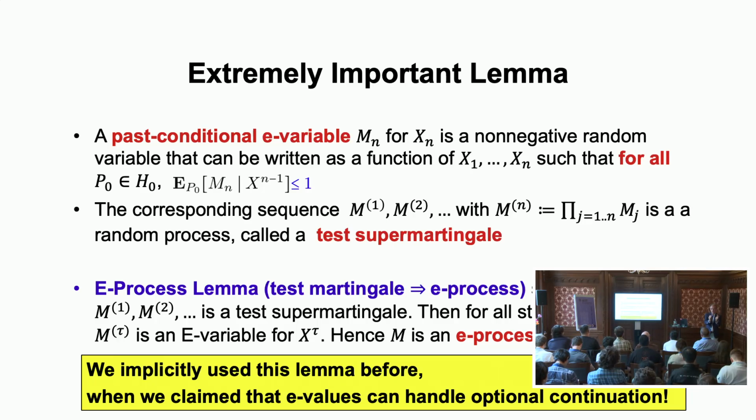We basically had an e-variable for every batch of data, and we multiplied them, and then we created our e-process. Then we had an e-value for every individual outcome. In the bounded means example, we multiplied them, we had an e-process, and all our e-processes look like that.